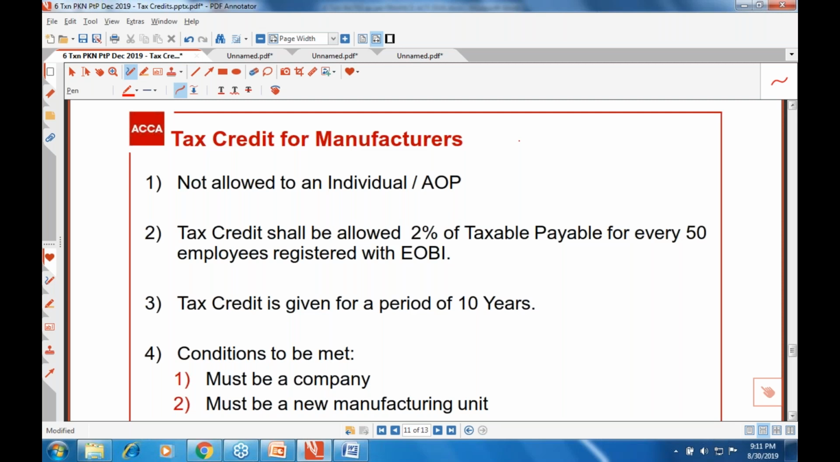Who is actually going to be the beneficiary of those tax credits? Let's try to understand. First thing is basically this tax credit is not available to an individual or AOP. That means it is only available to